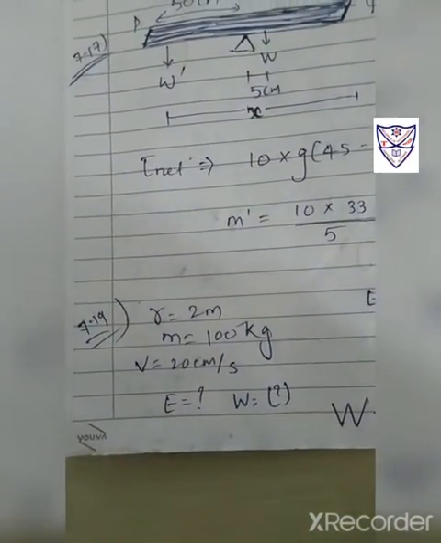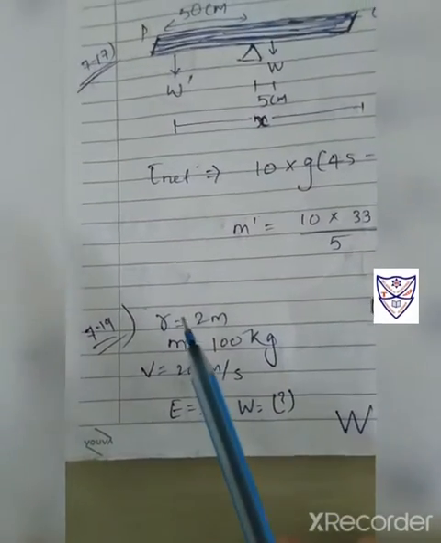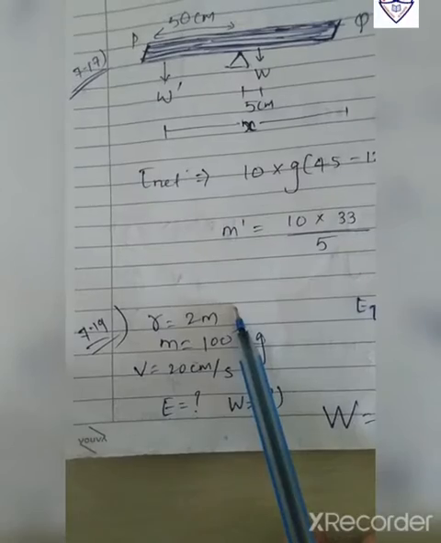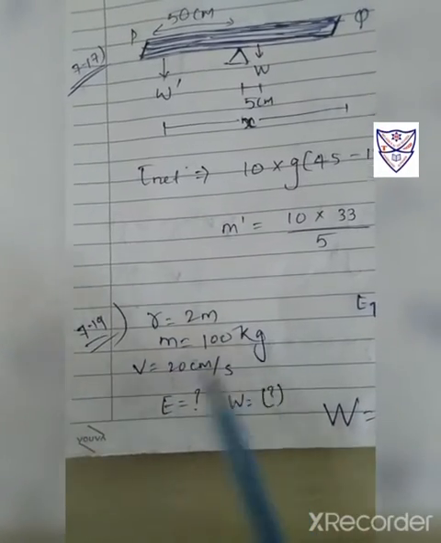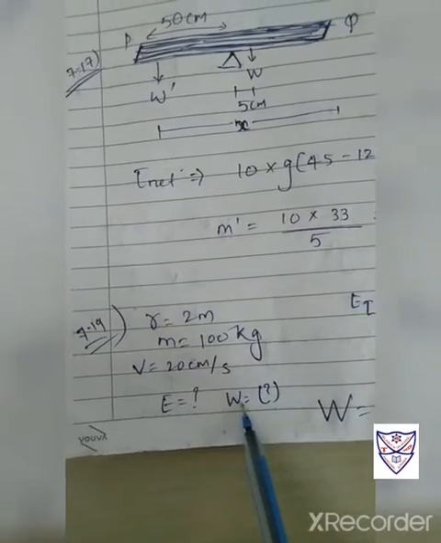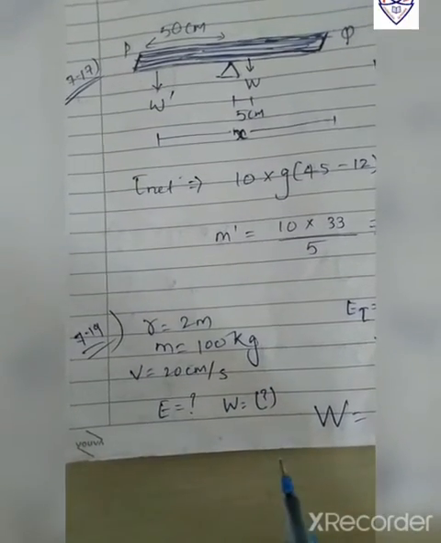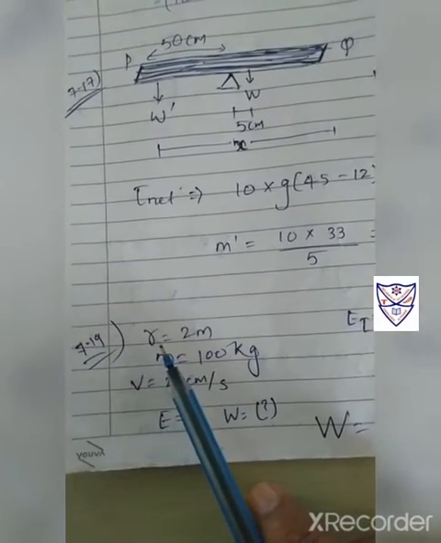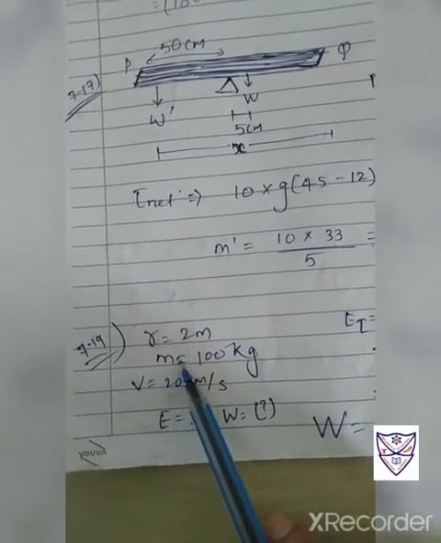Again, read the question and understand it first carefully. According to that you will understand that your R they have given, mass is given, V is given, E and omega, work done you have to find out. So here, as you know, R is the radius, mass M,